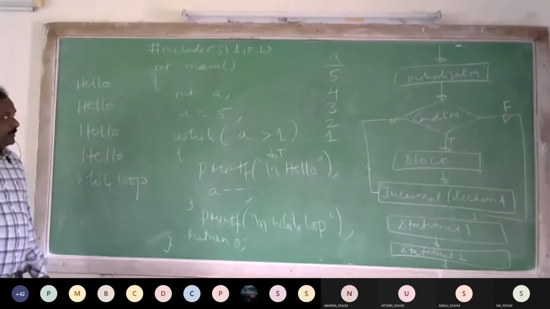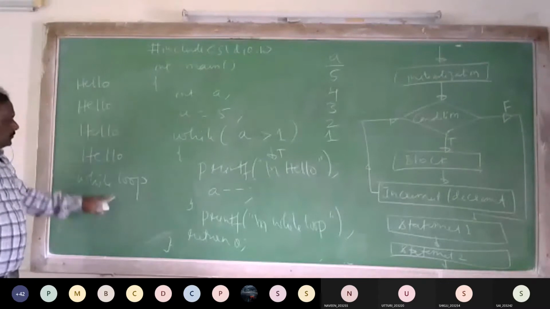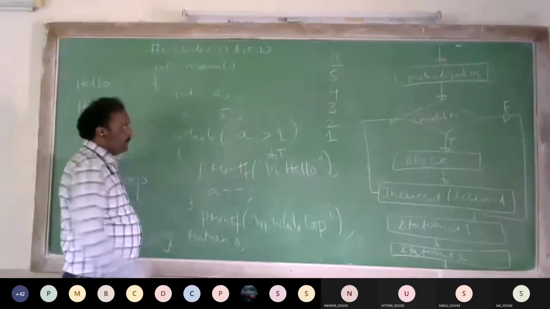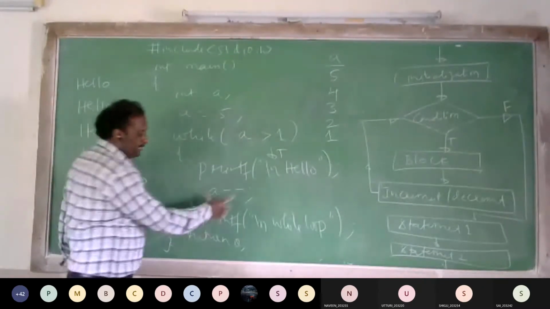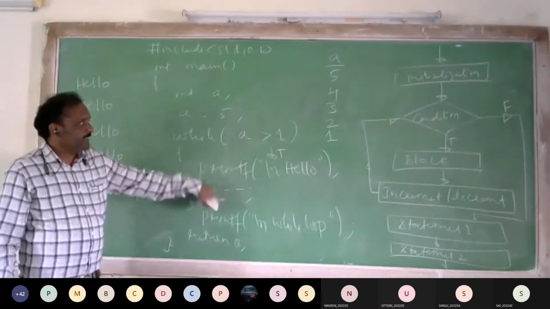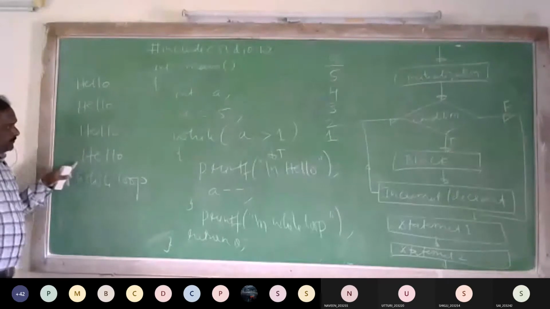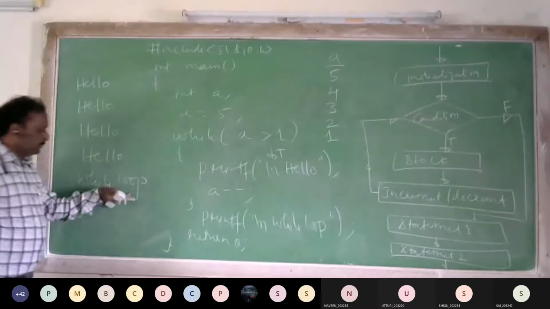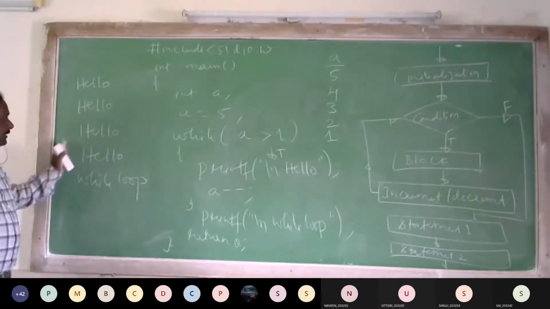What is the output of the previous program? The previous program is for a for loop and a while loop. This program is also for a for loop and a while loop. Here, the starting value I have taken is 5. To satisfy this condition, I need to decrement, I need to decrease the value. For 5 it is true, for 4 it is true, for 3 it is true, for 2 it is true, for 1, 1 greater than 1 is false, come outside, it will print while loop, return 0, stop the program execution. Clear everybody?